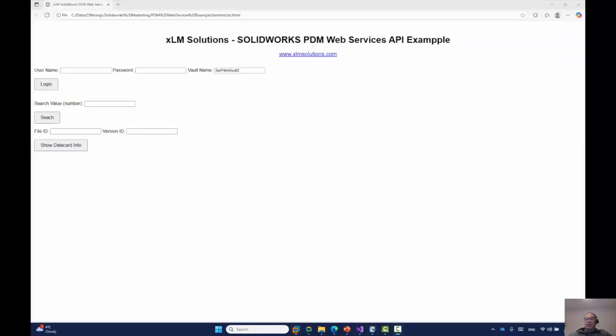I built a simple web page to show how web services can work. I will show you how they work through the web page, and then I will show you the code underneath it. So the first thing you need to do is log in to the PDM Vault, which will return a ticket that will be used to make all additional web service calls. So I'm going to log in here,